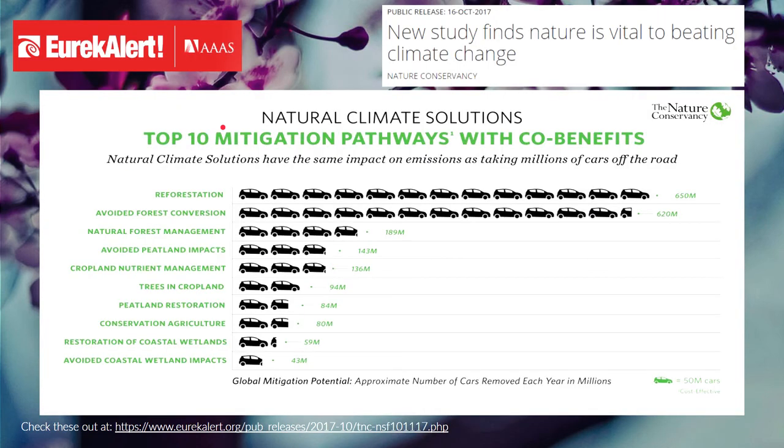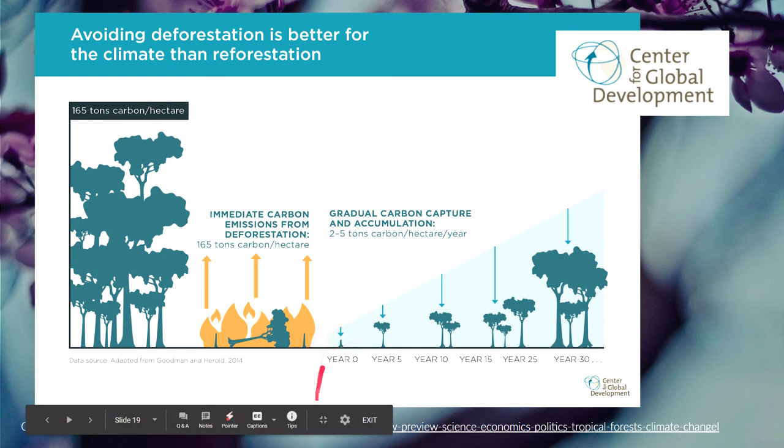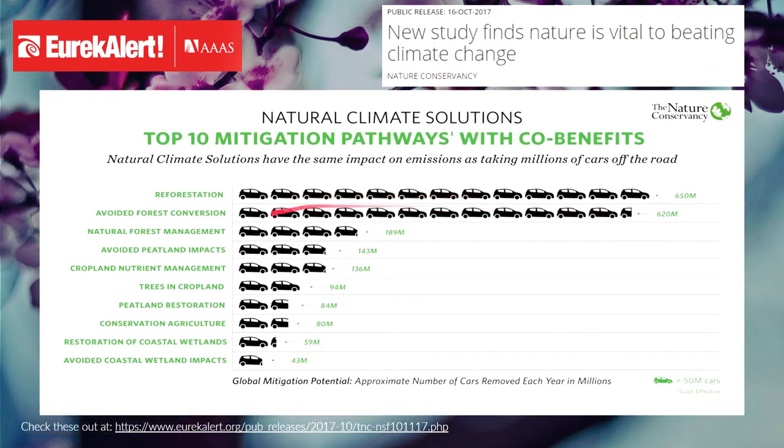Now, this one is from the Nature Conservancy, from EurekAlert. Natural climate solutions: top 10 mitigation pathways. A new study finds that nature is vital to beating climate change. From there, they say reforestation, so again, if you can plant trees on those vacant lots or farmlands, that's a good way to remove carbon dioxide from the atmosphere. Then avoid forest conversion, which we've talked about, and natural forest management. These are the top three mitigation pathways for